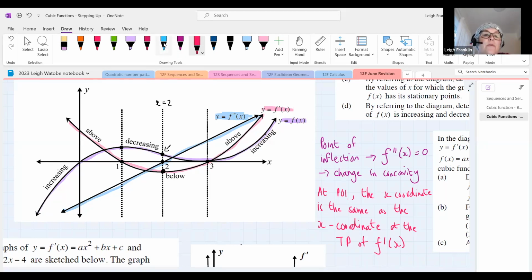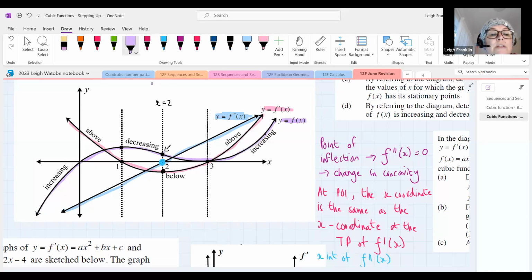If you have a look, so that's this point over here, this blue one. What does that represent? Exactly. So it's our x-intercept of our second derivative. Okay, so in other words,